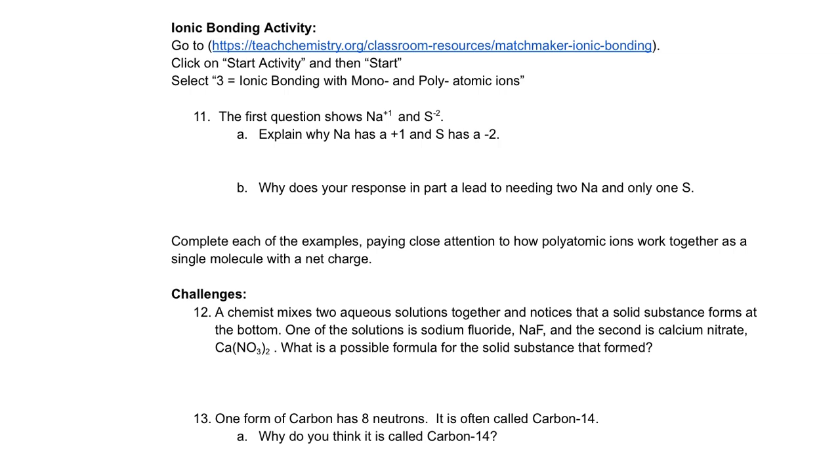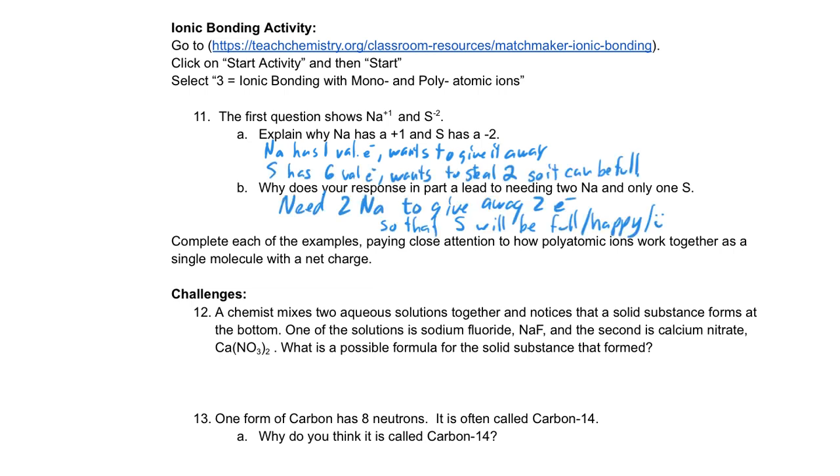Explain why. Well, sodium has one valence electron, so to have an outer shell that is full, it's going to try to give away one electron. So I'm going to write that down. Na has one valence electron, wants to give it away. All right. If we look at S, S is in the second column from the right under the oxygen. S is 16. So S has 6 valence electrons. So it wants to steal 2 so that it can have 8 in the outside so that it can be